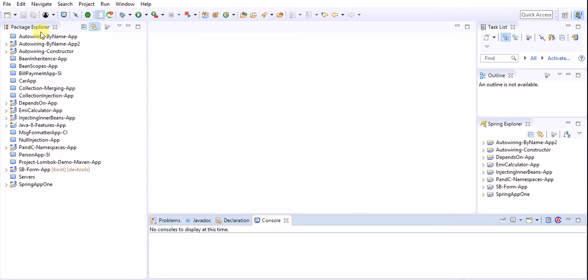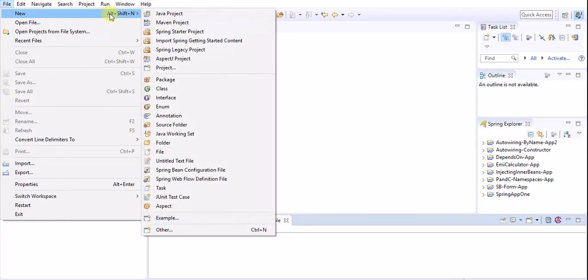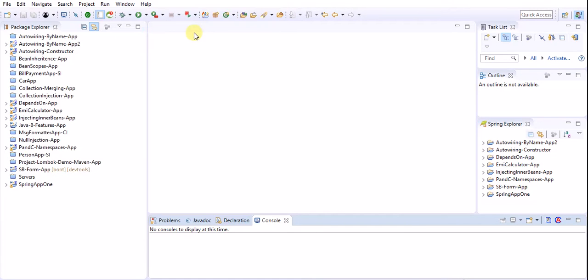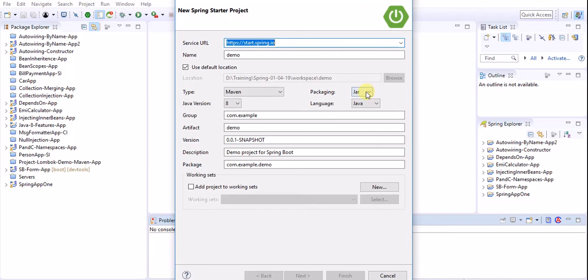Here, I am going to create one simple Spring Boot web application, a new Spring Starter project. Here, project packaging type is WAR, build tool is Maven, Java version 8 we are using, and the name of the project I am using is Spring Boot double post PRG app. Click on next.